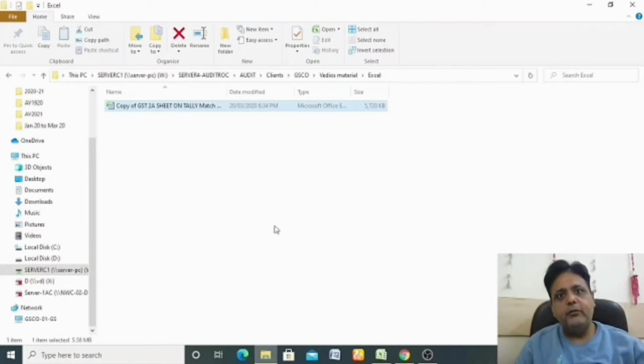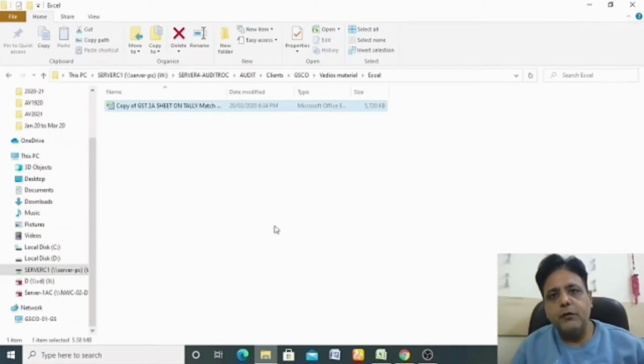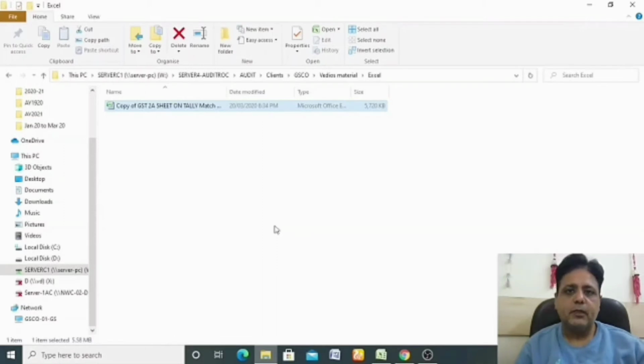Today we are going to discuss one of the issues we face in Excel. Sometimes we suddenly see that the size of the file on which we were working has increased multifold. Though we have not entered that much information or data in that file, the size suddenly increases like anything and it becomes very difficult to manage.